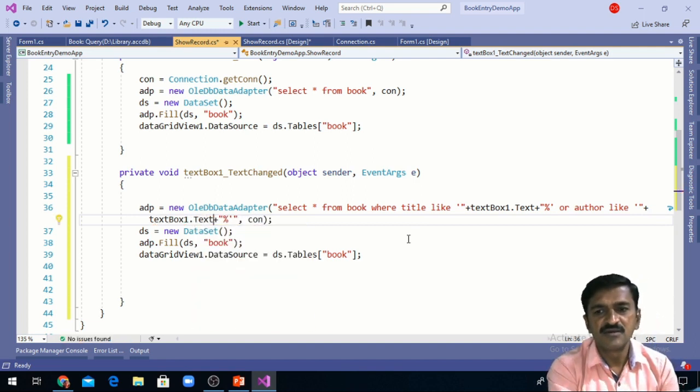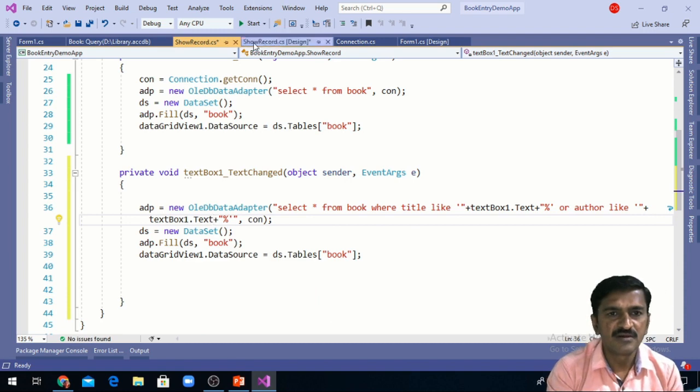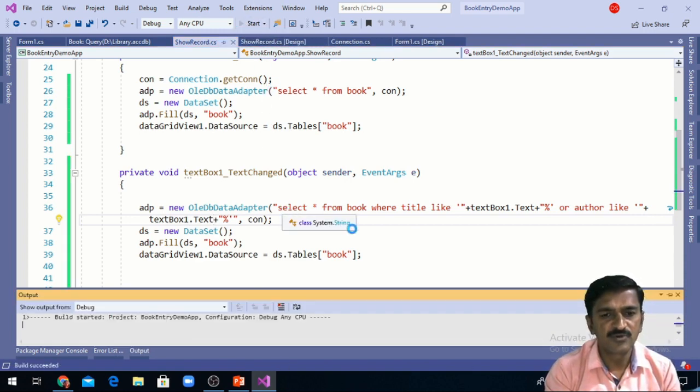So now we can see the output, whether it is displaying as per the requirement.